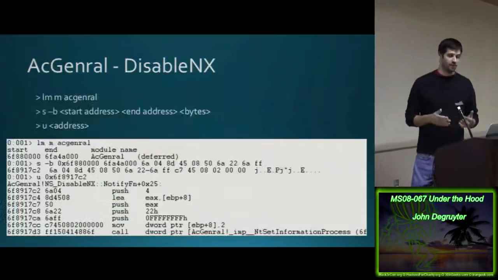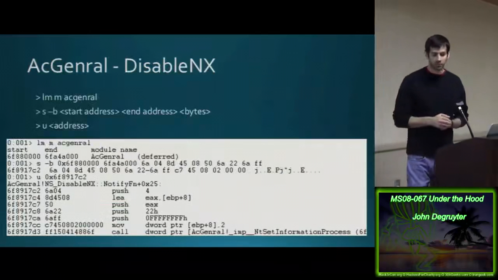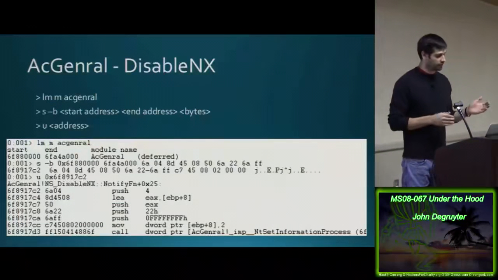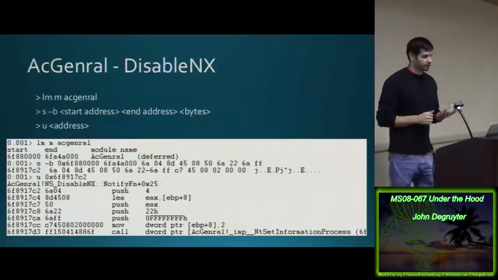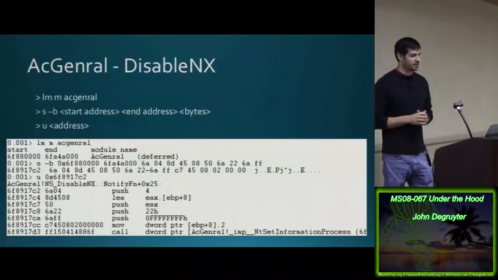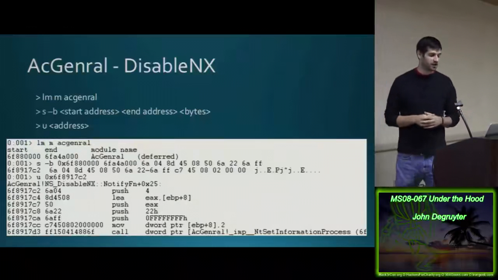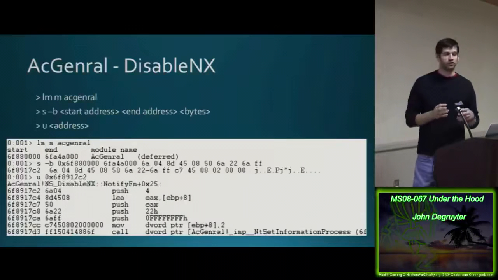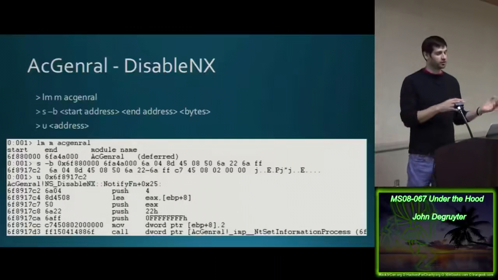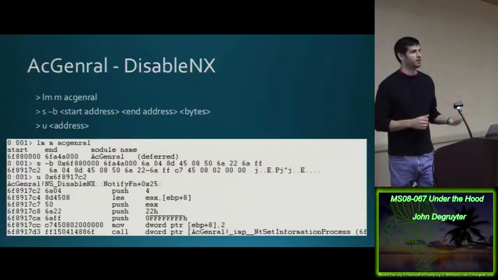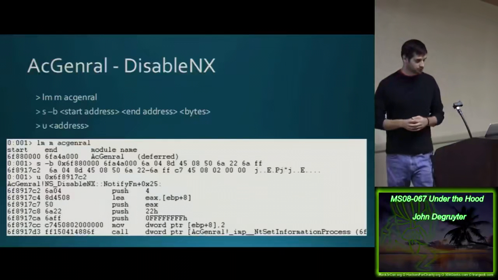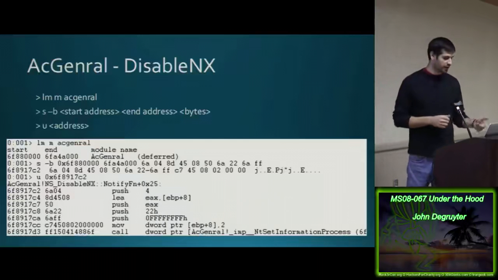So LMM and then the module name. So that gives us the start and end addresses for the module. And the search command is just S, and then you can give it D, and then a start address, which we use. We take the base of the module, and the end address, we use the end of the module, and search for the pattern of bytes, just like we did with MSFPE-scan. And we do that, and it gives us an address